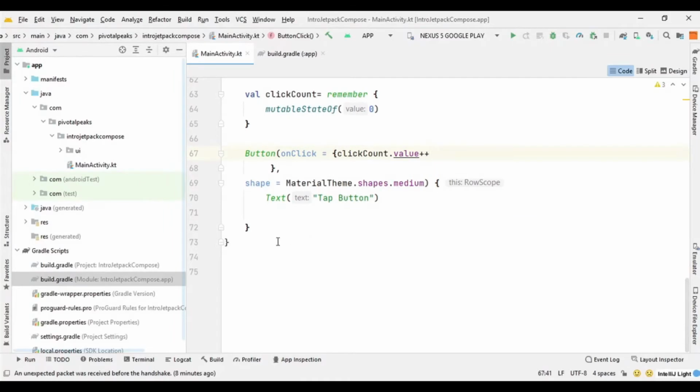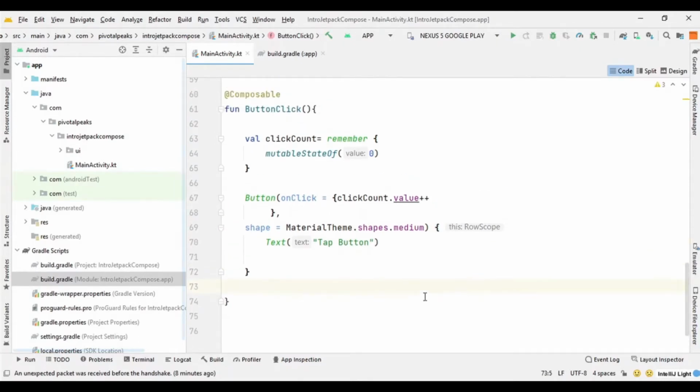And let's create another text where we can show how many times it has been clicked. So I will say text, and here we can say clicked, and then to access this click count value we need to use the dollar sign.